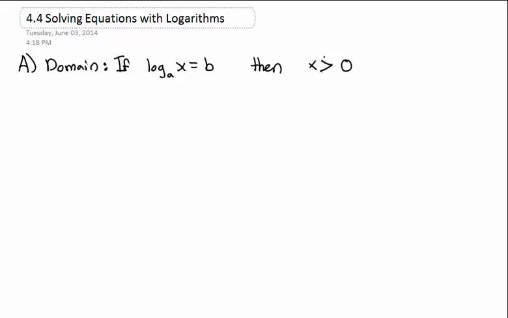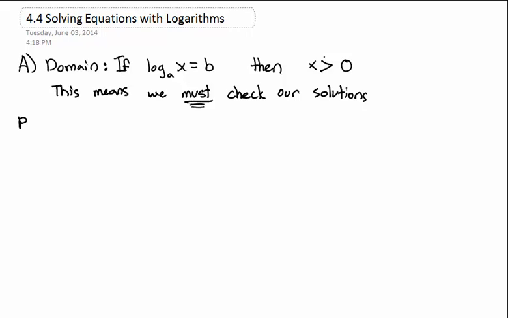In fact, let's write that down. This means we must check our solutions. So with that in mind, let's take a look at solving logs. Two major strategies in solving logs. The first major strategy we use is we write the problem as a single log,